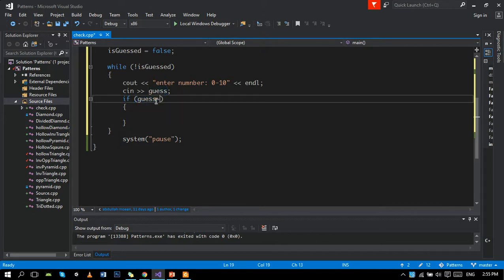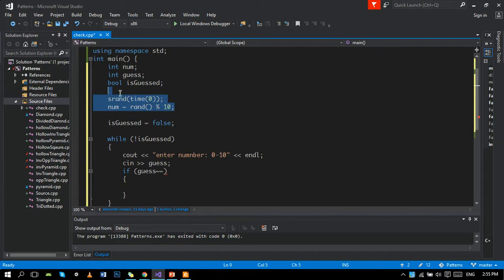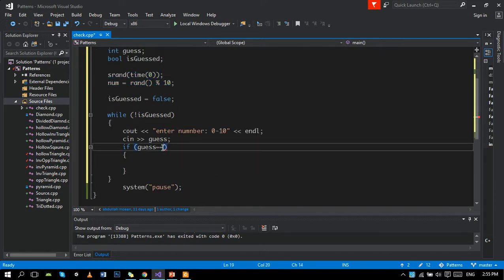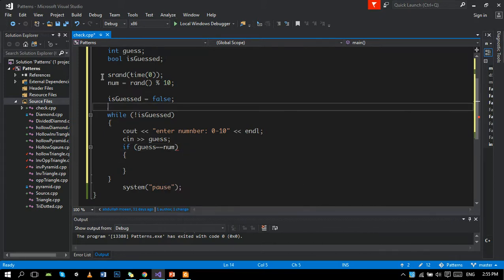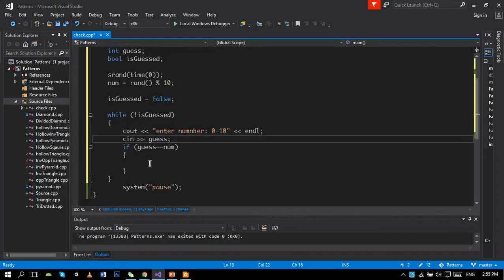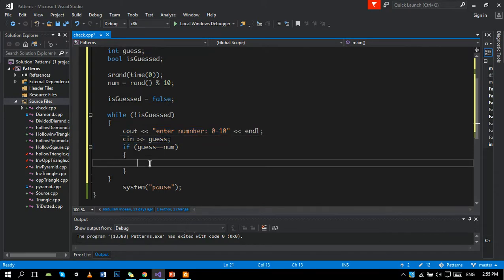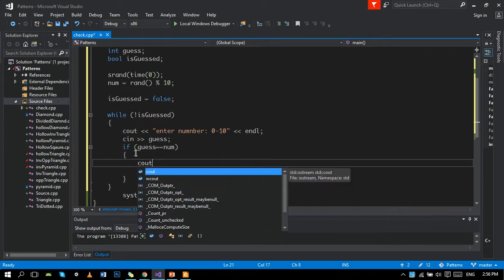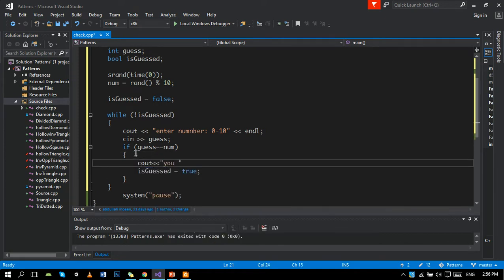Guess, if guess equal to, from here we will make the random numbers. If guess is equal to number, meaning number is stored here, and here we are making guess. Oh, a plane is passing by. Okay, if guess is equal to number, then guess will be equal to true, and you will be shown a message: you are winner. Okay,